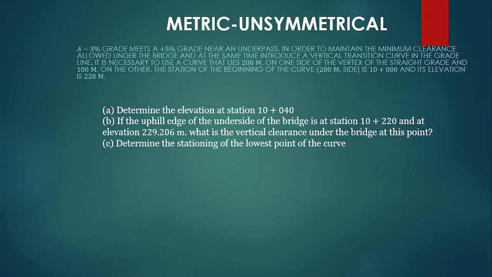Ito po yung problem. Let me read it. Negative 3 degrees grade meets positive 5 degrees grade near an underpass. In order to maintain the minimum clearance allowed under the bridge and at the same time introduce a vertical transition curve in the grade line, it is necessary to use a curve that lies 200 meters on one side of the vertex of the straight grade and 100 meters on the other hand. The station of the beginning of the curve, 200 meters side, is 10 plus 000, and its elevation is 2 to 8 meters. Determine, letter A,